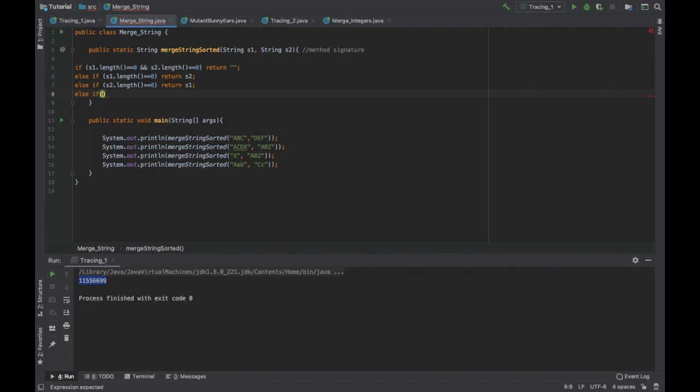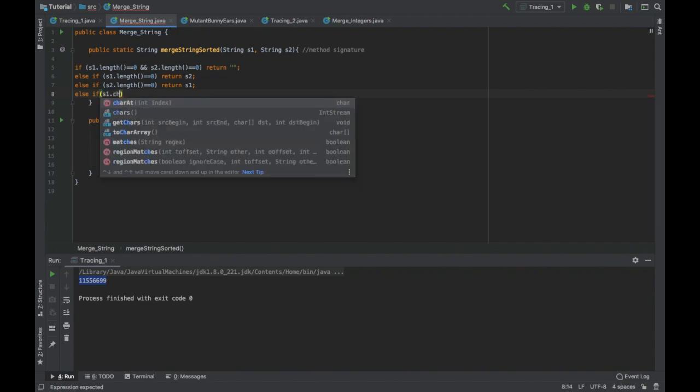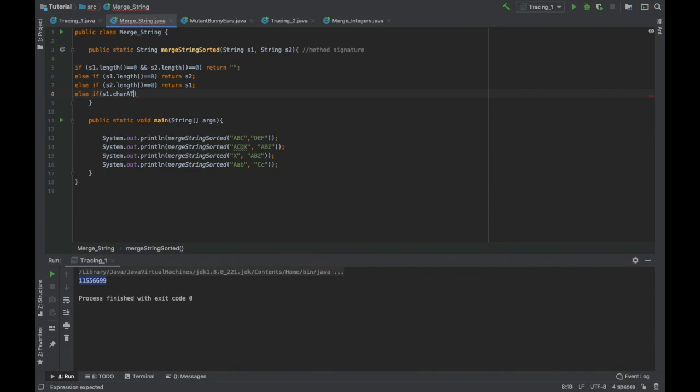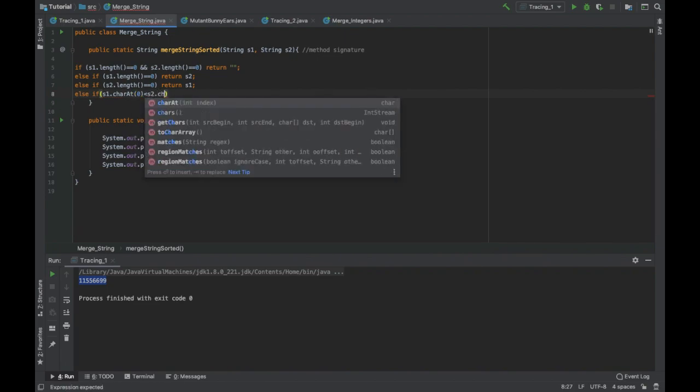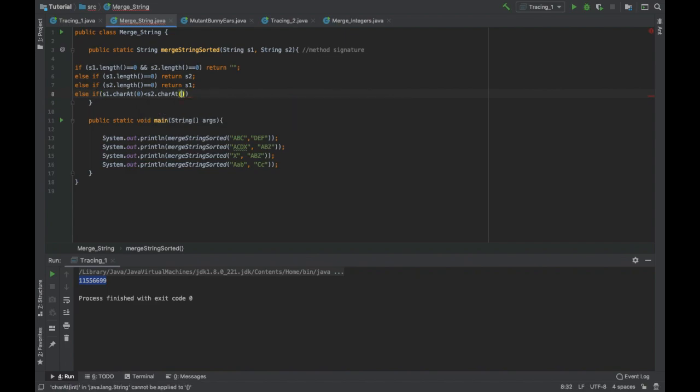In the recursive part, we are going to check if the first character inside S1 is less than the first character inside S2. See our use of charAt here? This basically compares the Unicode values of the two characters. Characters that come first in the alphabet have lower Unicode values. Therefore, in this case, we shall return